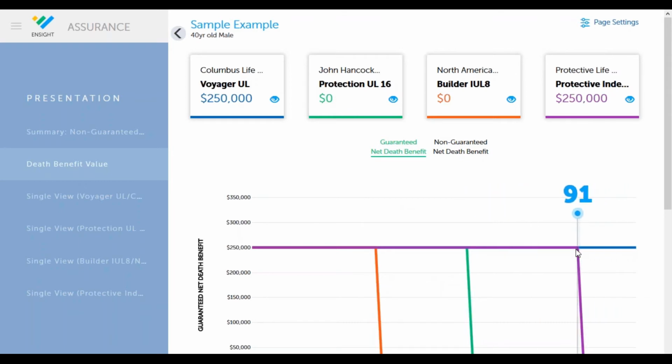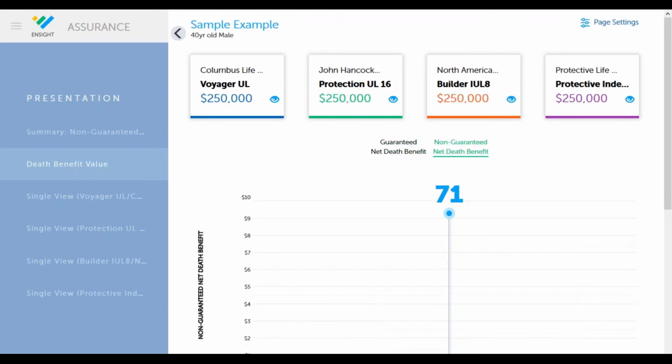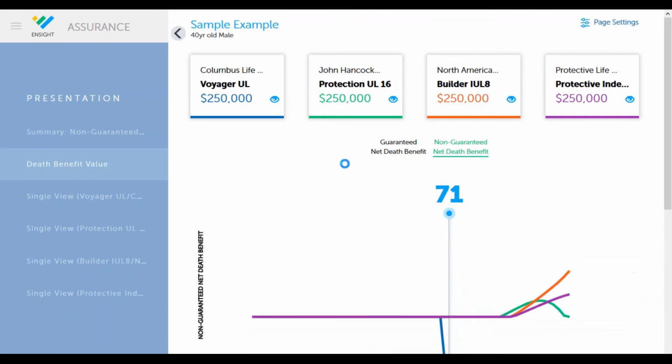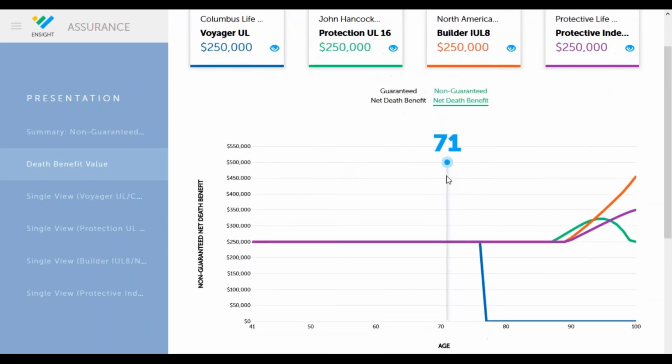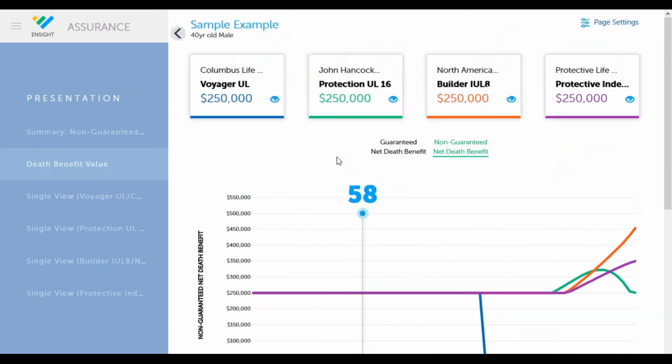The second sales concept where I think it makes sense to use this software would be if you have a client who wants a traditional whole life product. And I get these questions from time to time. Client wants the guarantees associated with whole life and the cash values that are accumulating in there. And hey, that's fine. There's nothing wrong with that. Although if you go that route, you don't have the same sort of premium flexibility that you would with the UL product. And we know we can get ULs with no lapse guarantees that are about a third the cost